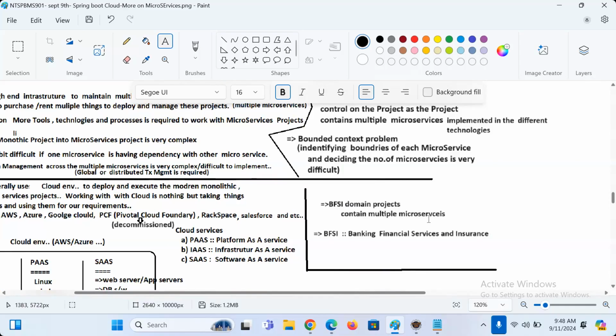Most of the bank projects are called BFSI domain projects: banking, financial services, and insurance. And SBI is now offering health insurance projects also. You take ICICI. Banking they do, financial services they do, and insurance activities they do. All are interlinked, or not, guys?